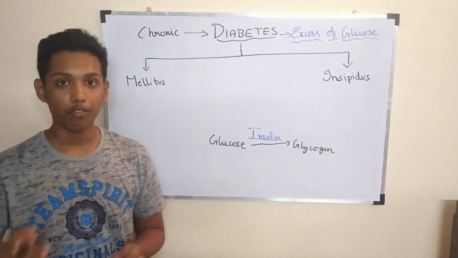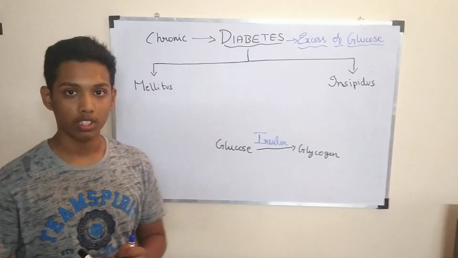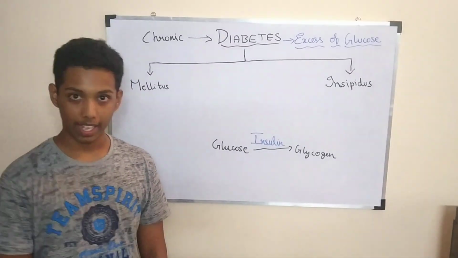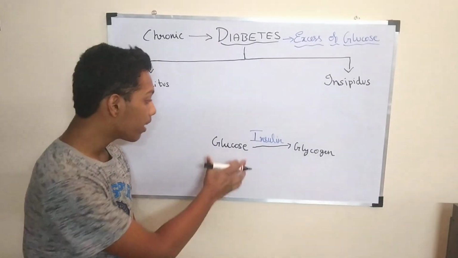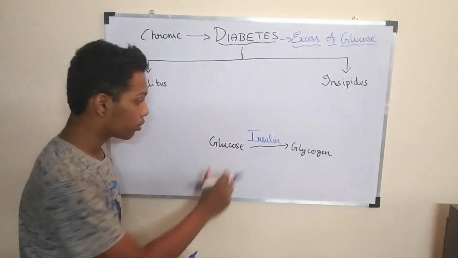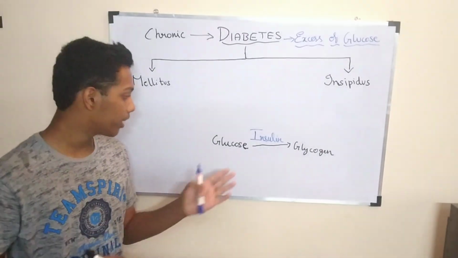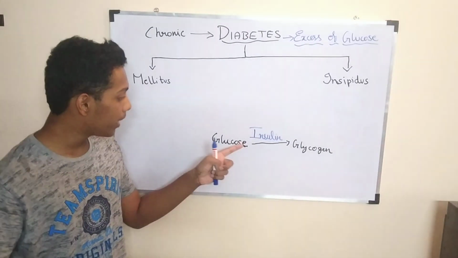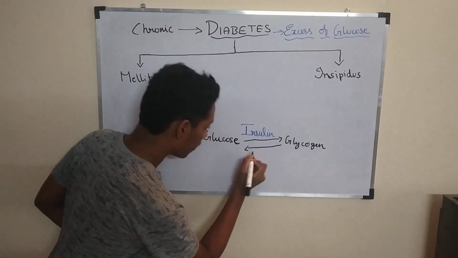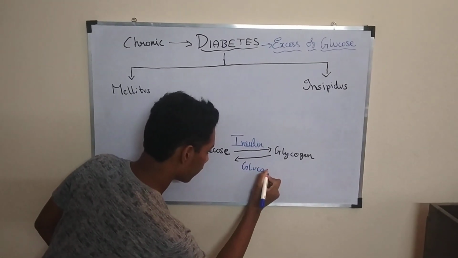Now during emergency and flight conditions, when we immediately require a large amount of glucose, we have already taken much glucose and it is stored in our body in the form of glycogen. But we need to use that back immediately in a large quantity. We need only glucose. We can't use glycogen instead of glucose, right? So another hormone takes a major part in this, which is known as glucagon, right?